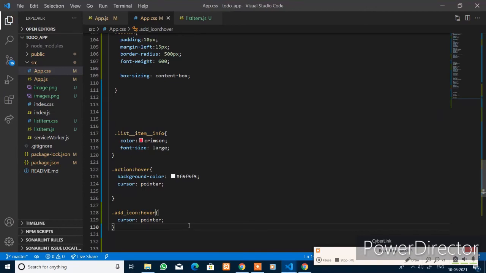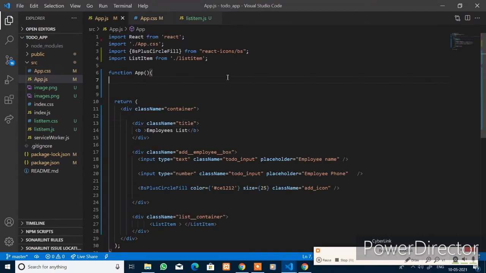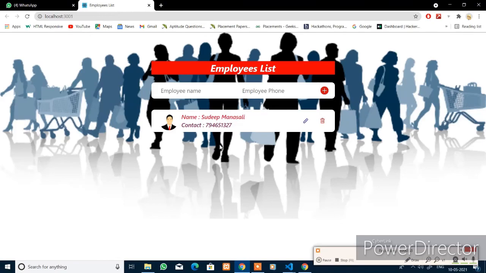Now you save that file and view it in the browser. Import that CSS file into your component and save that. This is how it looks. You remove the border and also change the font style, font names and the font colors. And this is the image, the profile image, and the trash icons, and the color properties are set here.